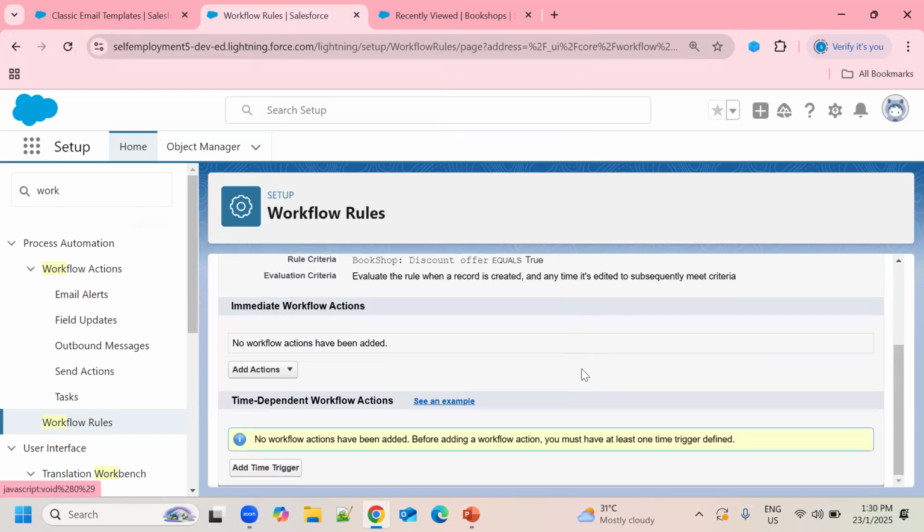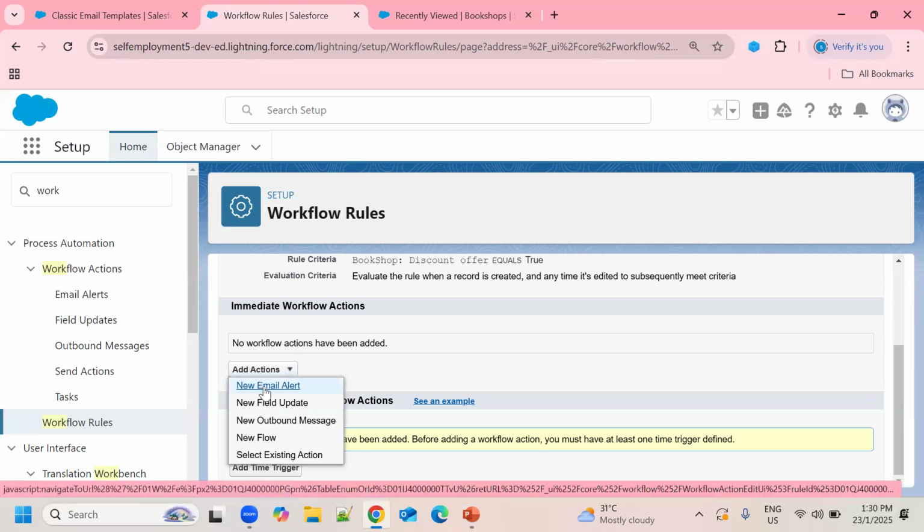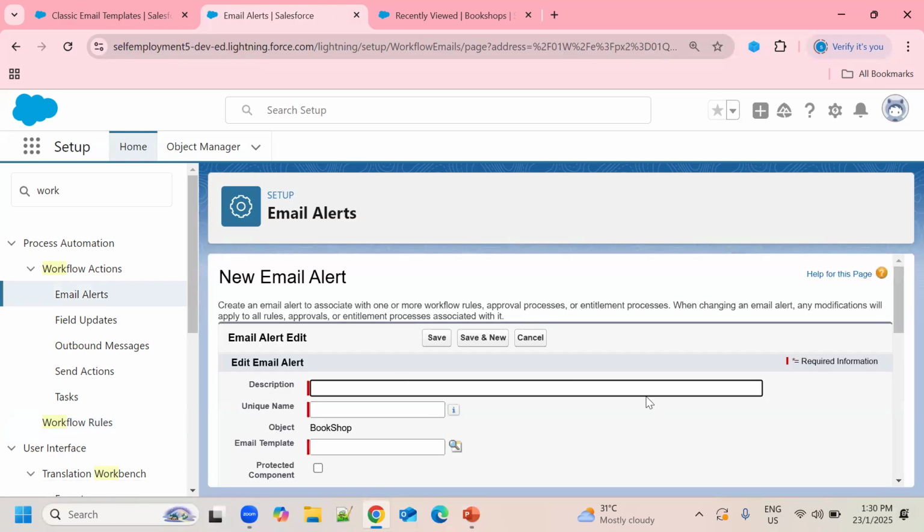Right? So here I need to select the action. Which action? We are still on immediate workflow action. So this time I am choosing email alert, right? Just choose this option.